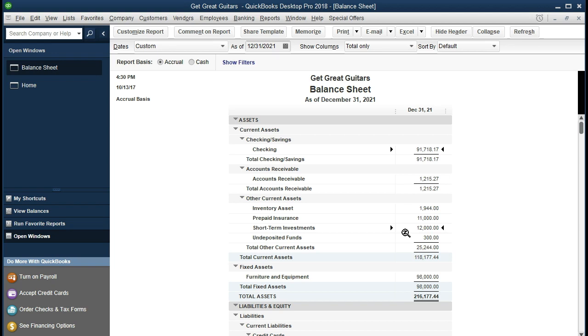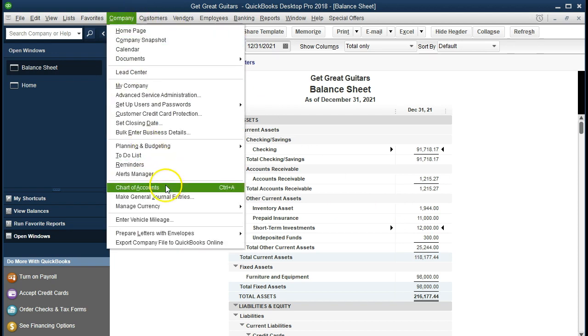A couple ways we could do this. We could go to the short-term investment register and record that transaction there. We could go to the journal entries. We could record this as a journal entry by going to the company up top and make journal entry. If we were to do it that way, we would debit the checking account for the amount that was deposited, $12,250,